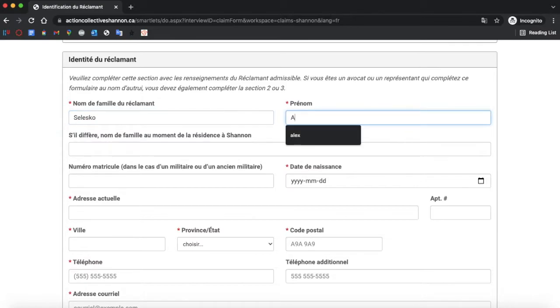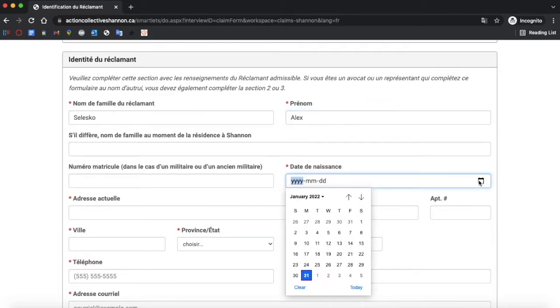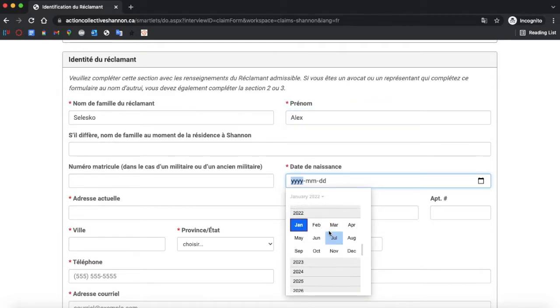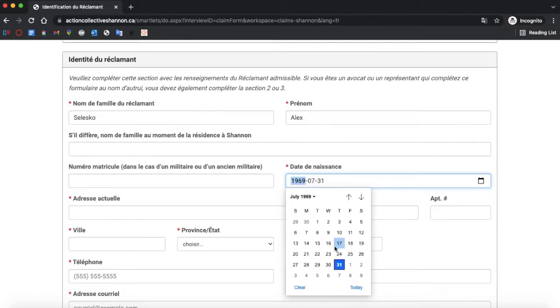Also important, if you are a military or a veteran, put your service number, and it's with this information that they'll be able to find your proof of residence, and you don't have to provide any yourself. The DND in Ottawa will do that for you. Now you put your date of birth